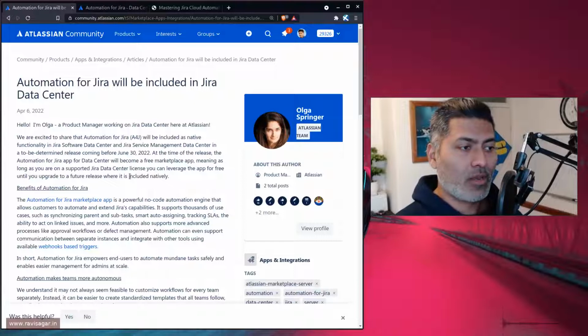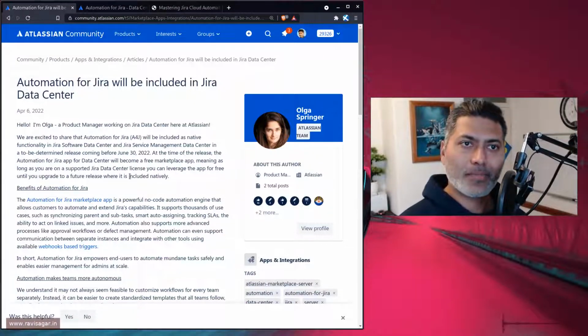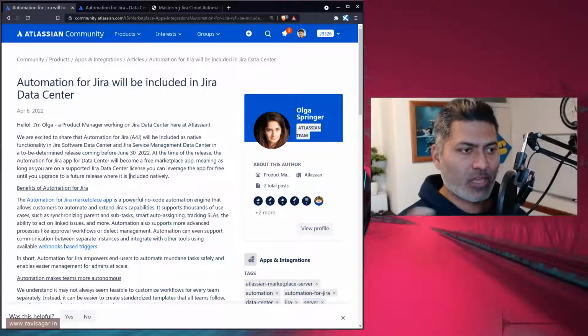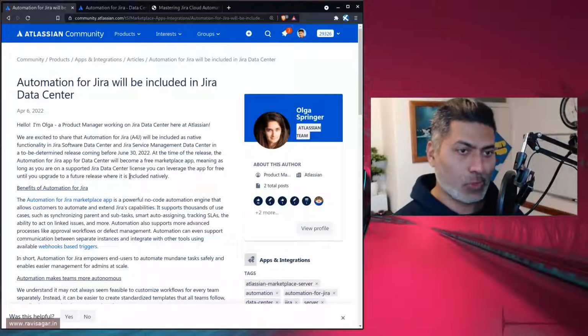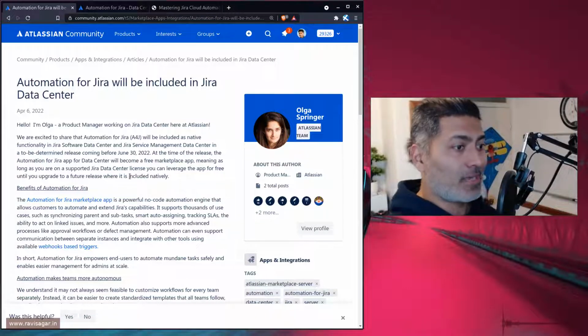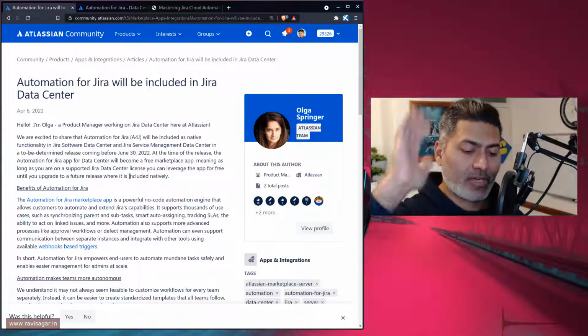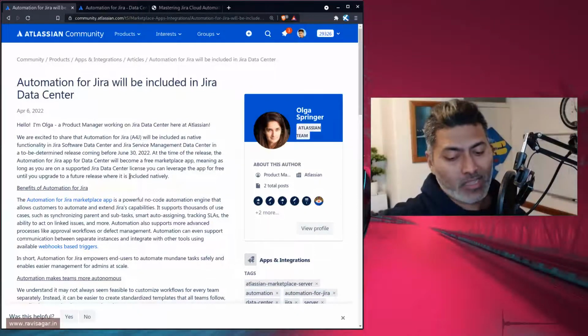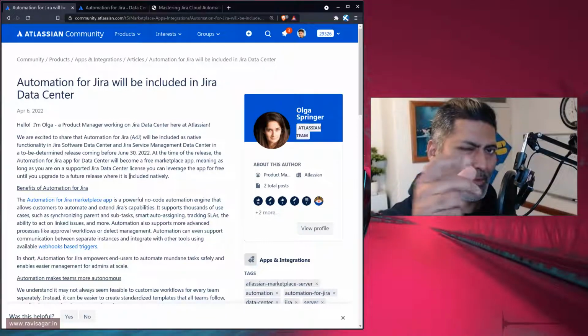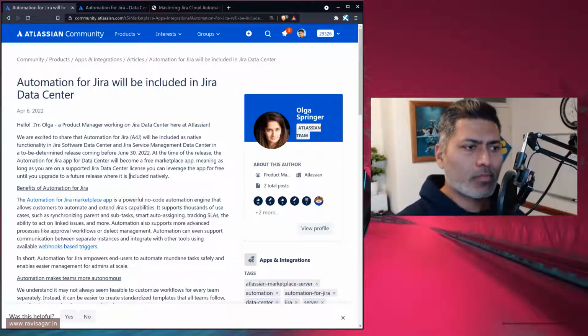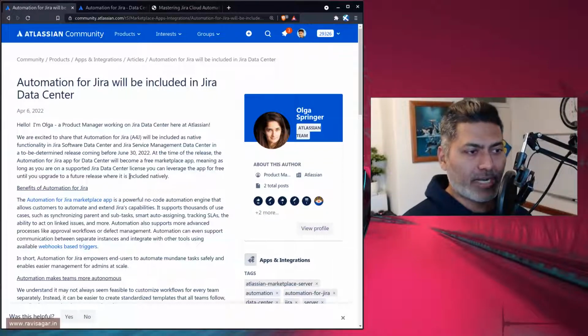So I will, of course, be open about it. Whenever I am working with a client, I'll tell them that yes, you can do it using native functionality. I still do it for cloud, because when I work for a client on Jira Cloud and they ask me, we want to do this, we want to do that, not talking about automations, I tell them, yes, you can do 70% of it using those rules on cloud, but for everything else, you either need to do it outside Jira by interacting with Jira using REST